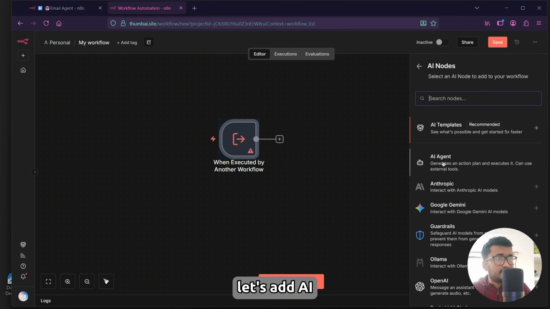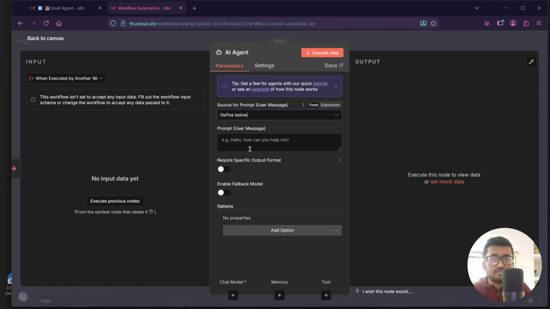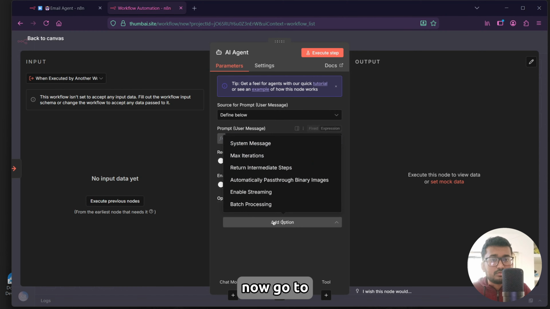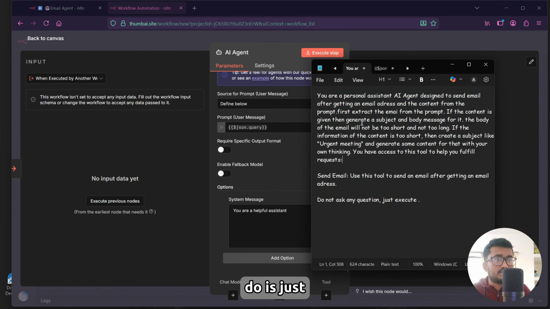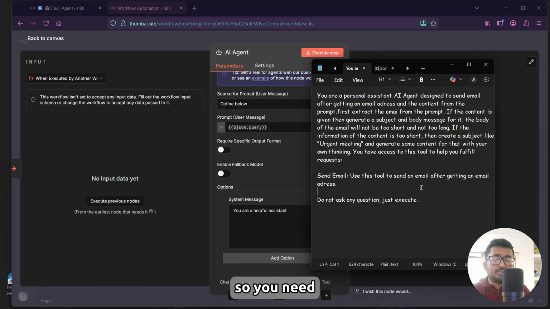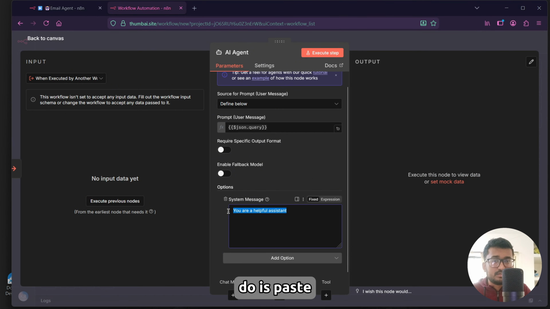Let's add AI, then go to AI agent. Let's try to modify this prompt, define below, and the user prompt will be json.query. This is basically in the JavaScript form. Now go to this add option, select system message. What you can do is just copy this system message and paste it here. So you need to pause the video and try to copy all of this text. So what I'll do is paste here,